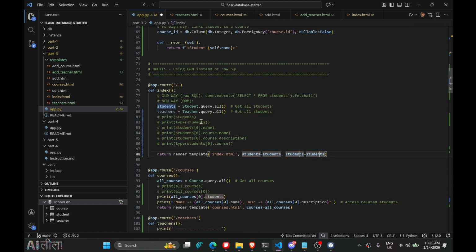So the shortcut to select the next occurrence of the same word is control D. I did control shift right, control D, both are selected. The teachers, both are typed automatically. Save. And in the index file,